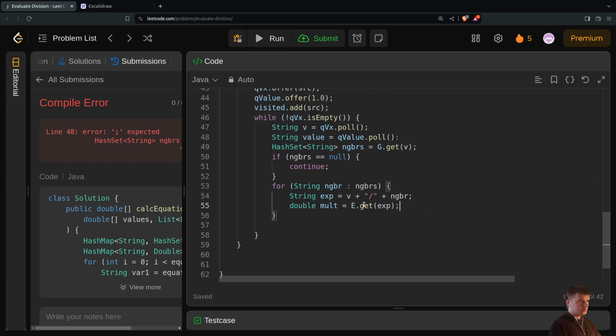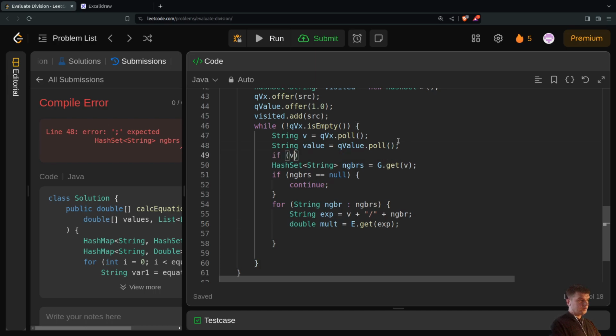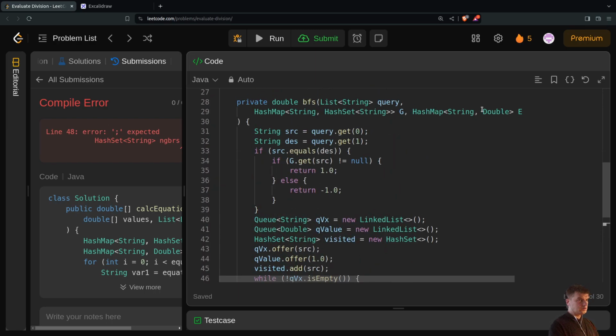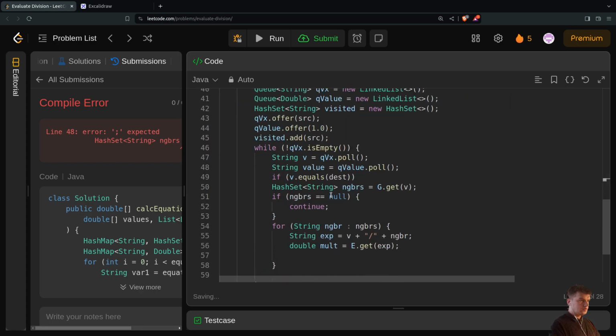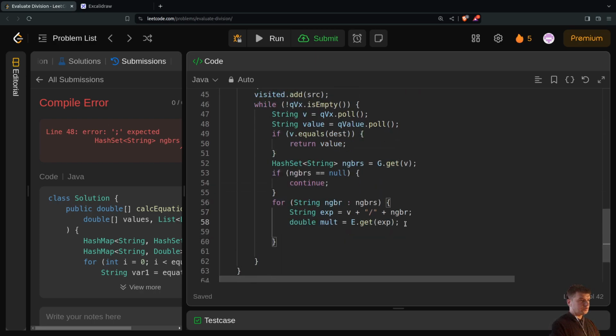Then if v dot equals destination, say we wanna have query destination here, if current vertex is equal to destination, just return the value, and then string expression get multiplier, and then I wanna do that value